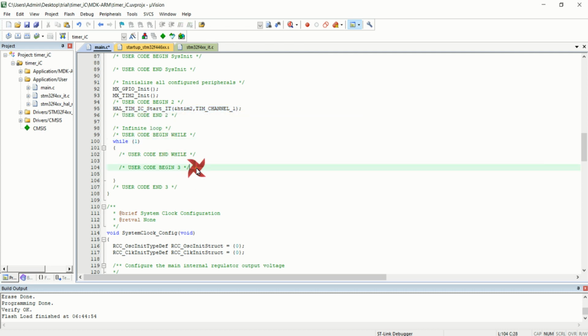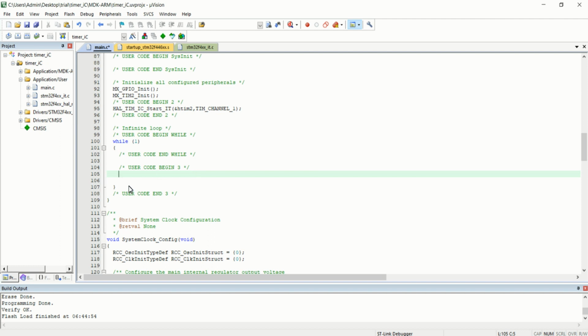And next, inside the while(1), which is the continuously executable segment of the program, I'm just going to use a variable counter equal to __HAL_TIM_GET_COUNTER, and this function receives one parameter, that is nothing but htim2, which is the timer handle variable.